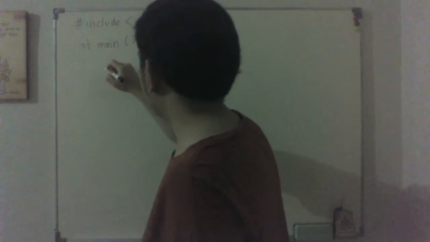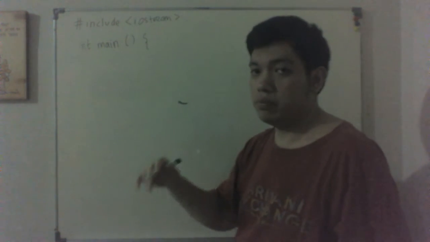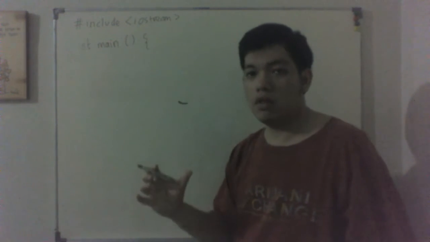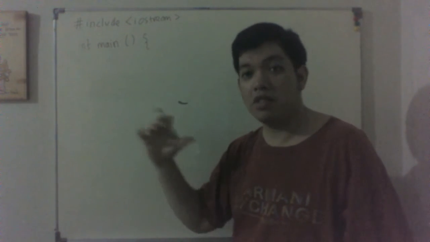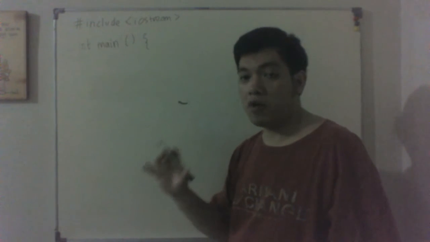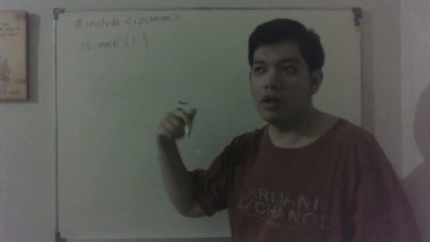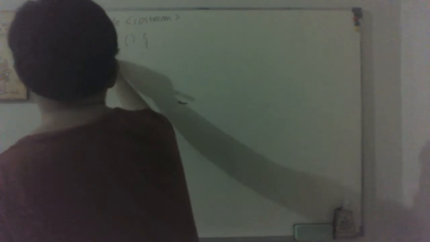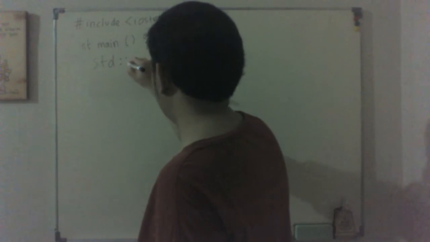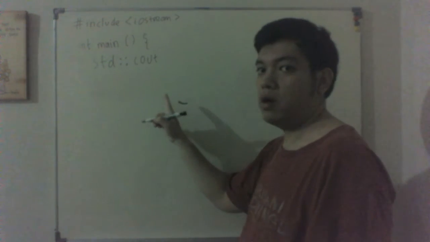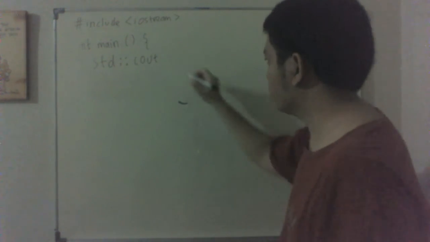First of all, we're going to use the cout output directive, but that cout itself is located inside the std namespace. So we're gonna mention the std namespace first, and then separate it by a double colon, and then that cout thing. Okay, so it's like this: std double colon cout, right? std double colon cout, and then